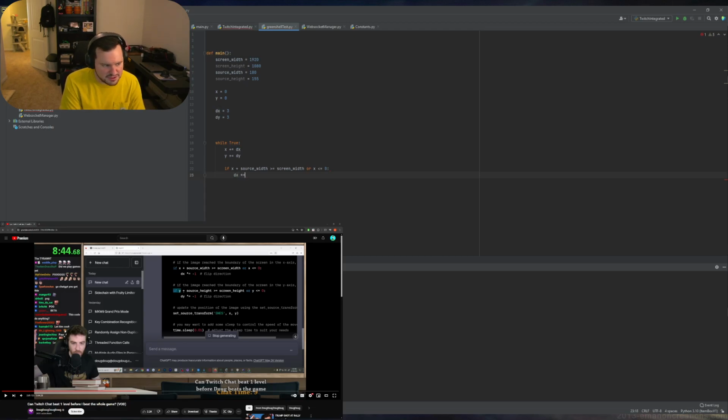I'm not sure how much he changes it. I know he does, but if we can get it working how his is working, we can steal the rest. Okay. Screen height. X is less than or equal to not X, Y. That would have been wonderful. I don't know how that would have affected it, but I know it would have affected it. Okay, and then